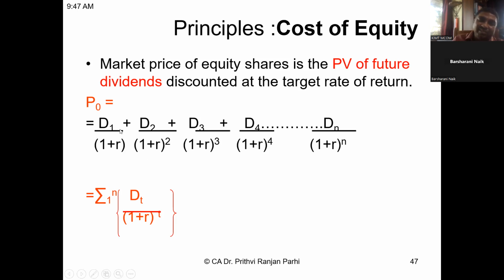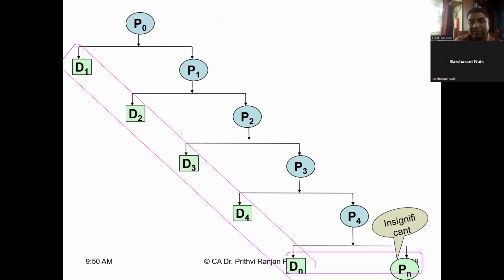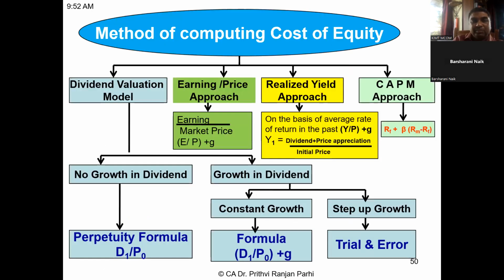If you divide this thing with the rate of return, you'll be getting the price to pay. I wanted to explain this concept: the value of the shares depends on the dividend. This is one more concept. Now, by using that concept and a few more concepts, we'll be learning how to compute the